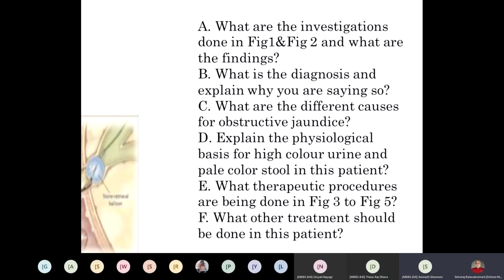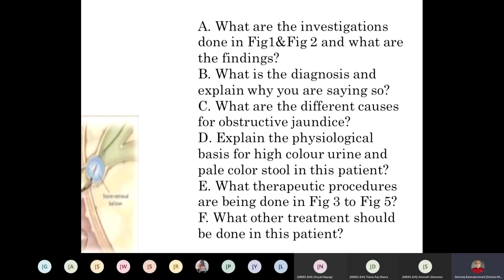Suppose your patient is a known case of carcinoma of the stomach. They will develop a secondary node in the porta hepatis, a very big node, and this node will obstruct the extrahepatic biliary radicals. The patient will go for obstructive jaundice. So you have to know only this thing.